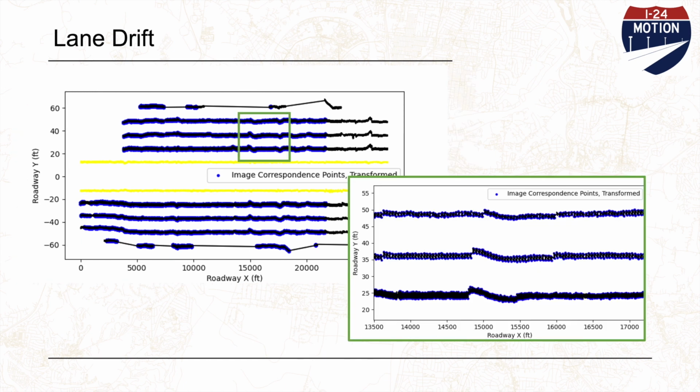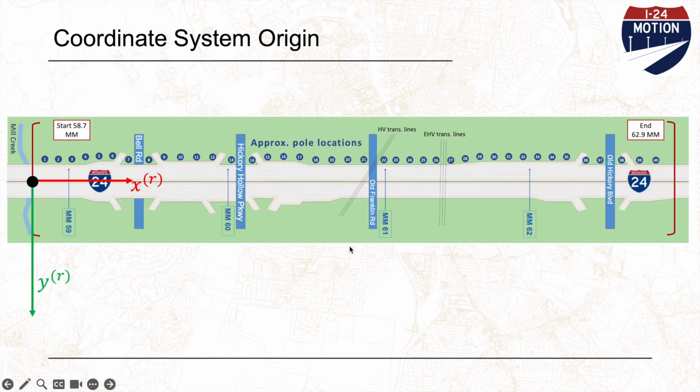So you may also notice some shifts. These are due to a slight misalignment in the aerial imagery. So the notion of where a point is actually is a little bit ambiguous, because depending on the raster image that it's labeled in, it may have a coordinate that's about a foot off from where it's labeled in a different image. We decided not to correct for these shifts because they're relatively small, on the order of a foot at